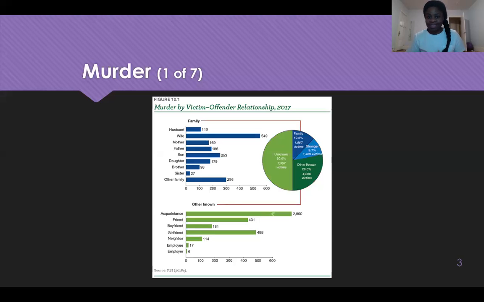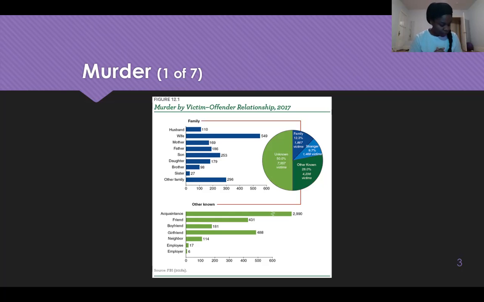One thing I do want to say, again, this is the updated book, so this isn't our current text edition. I required the 3rd edition. This is actually from the next edition up. Your textbook is actually going to say murder by victim and offender relationship in 2014. This is the updated version, as you see here, in 2017. However, the figures are slightly similar, so they can be interpreted almost the same.